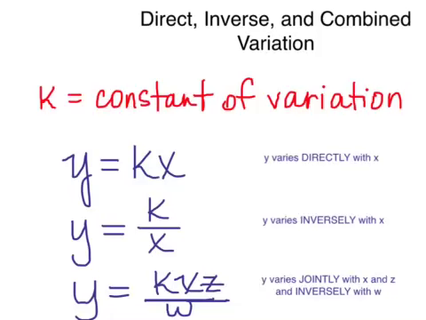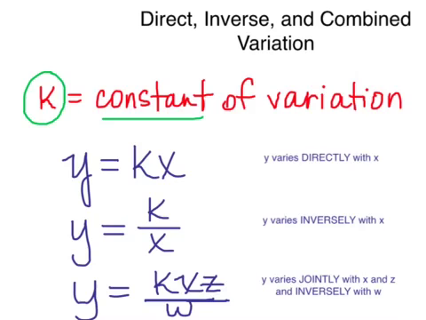In this lesson, we're going to discuss direct, inverse, and combined variation. In each of these cases, there's a constant k, which is called a constant because it's going to be a number that never changes. It's not going to be a variable. Then x and y can be the variables in the equation, but k is going to be some number